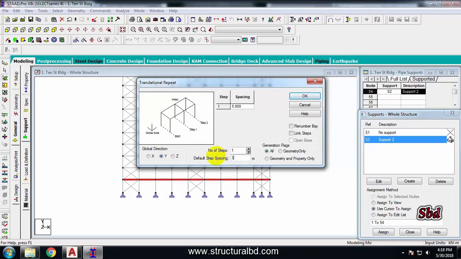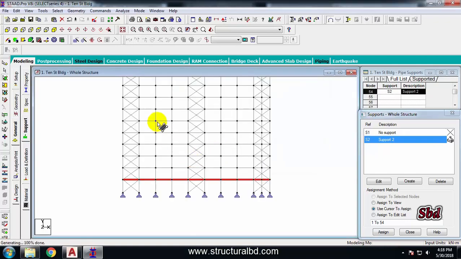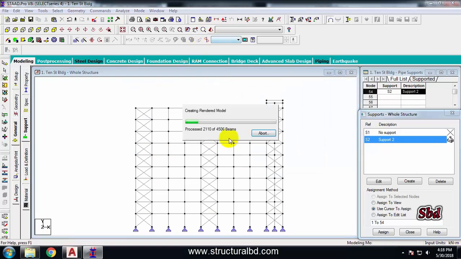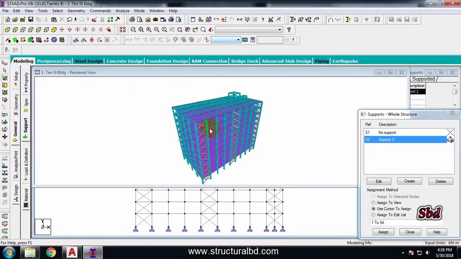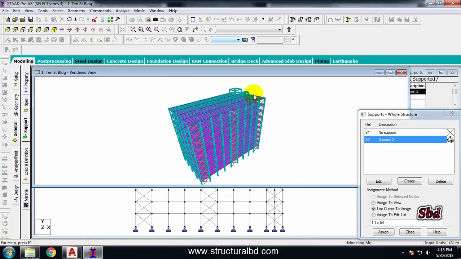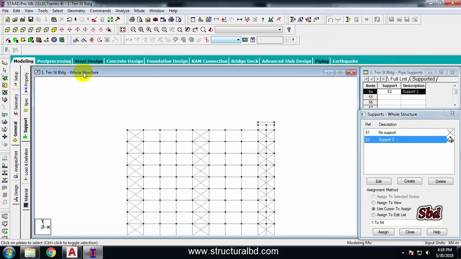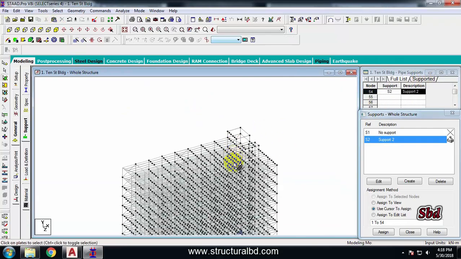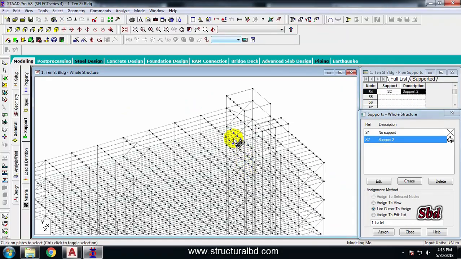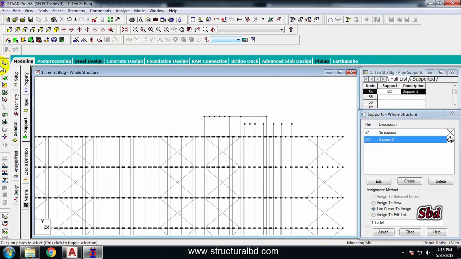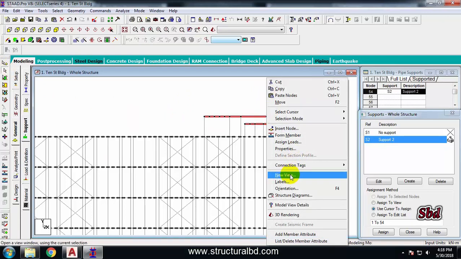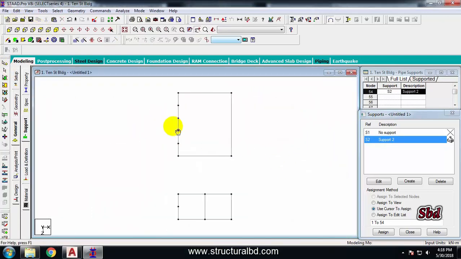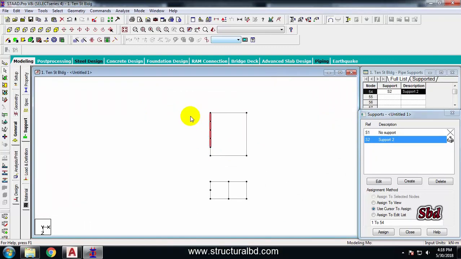I have everything at 3.6 meter apart, total step 9, okay, and now check going to here this 3D rendered view, so all the level I have the slab, and similar way I have to draw slab at this top level too. If I want to draw slab at this top level, take this beam cursor, select this way, right click, new view, okay, go to this top view,